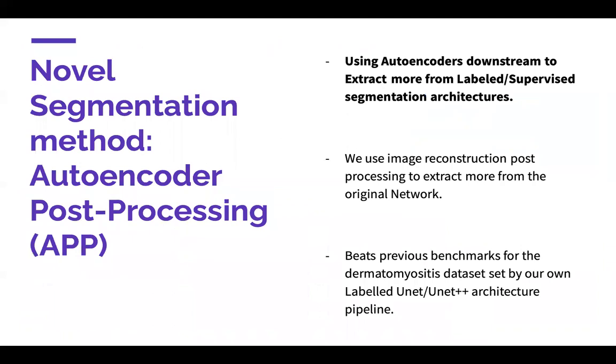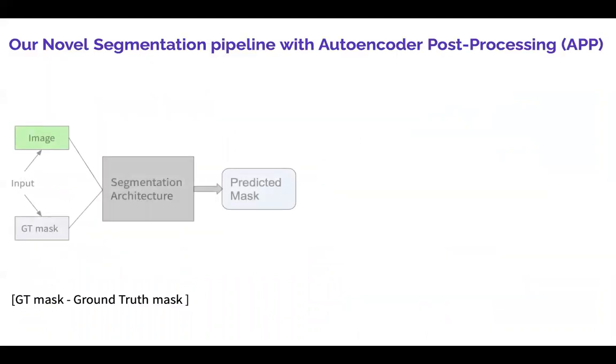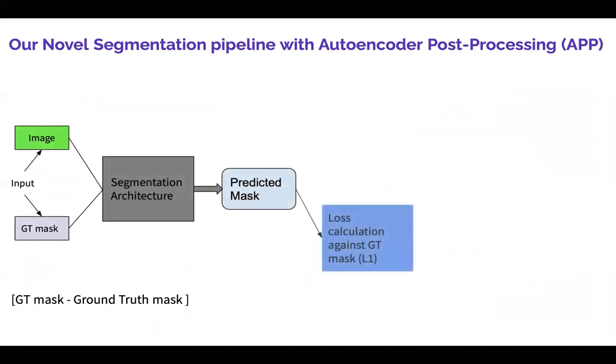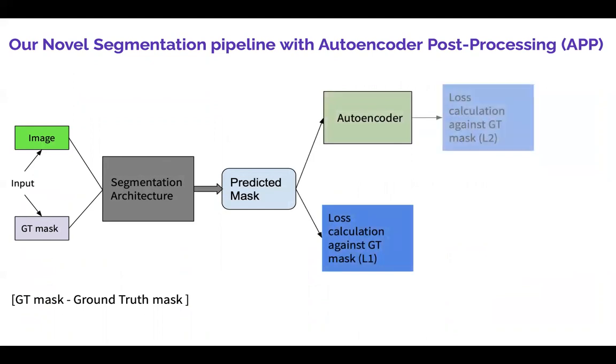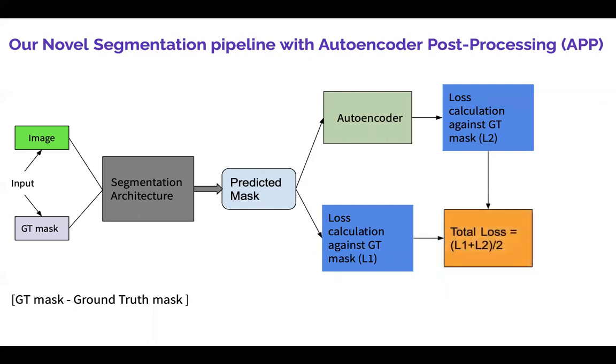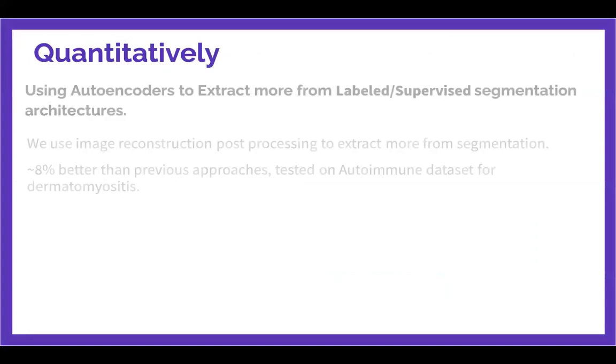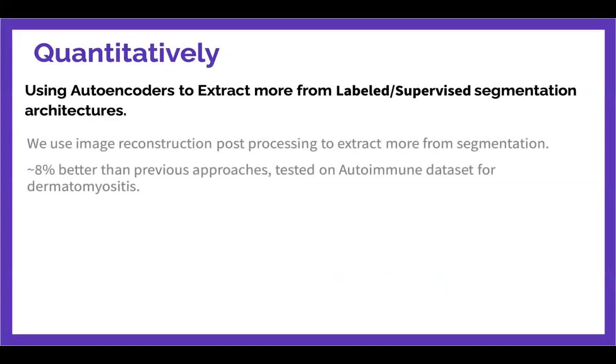To do so, we propose a novel segmentation post-processing method known as autoencoder post-processing, or APP. In this, we basically use the normal supervised segmentation architecture and then pass the predicted masks through a set of autoencoders. This autoencoder then predicts the mask, and a reconstruction loss is computed between the predicted mask and the ground truth mask to add more information to the existing loss. Based on these two losses, we fine-tune the network, and we found that doing so, we improved our segmentation performance